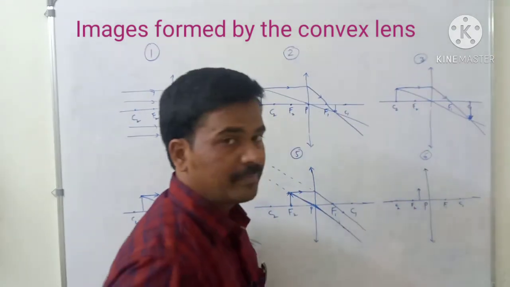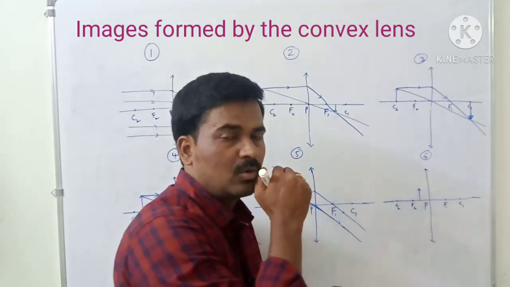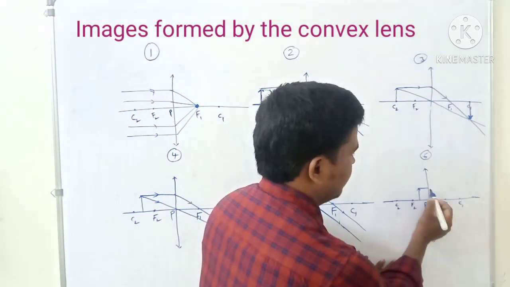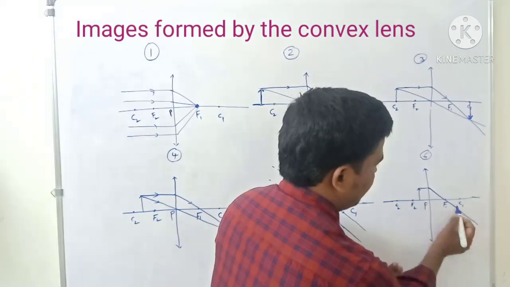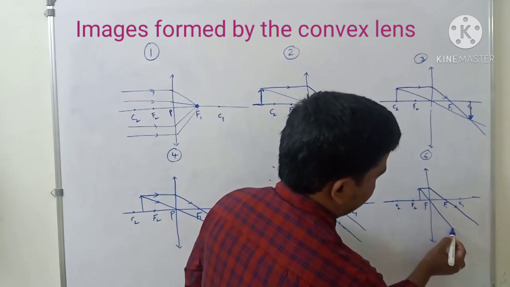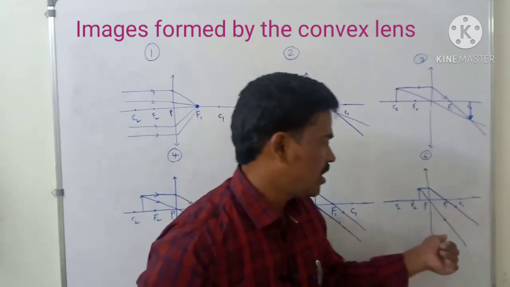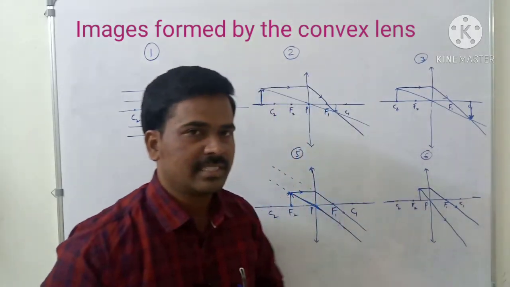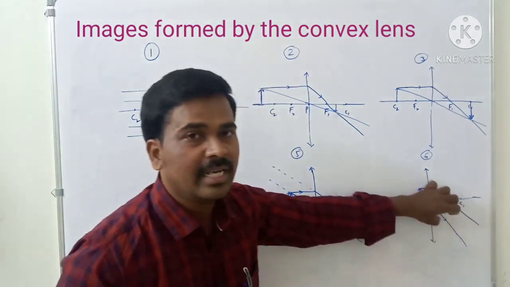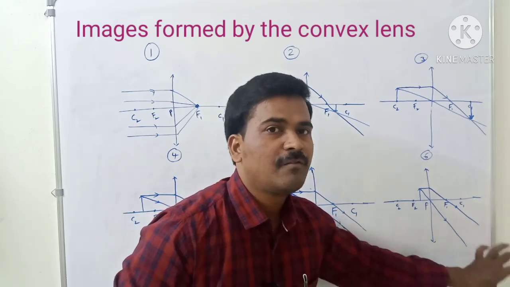What happens? We have to draw two rays: one parallel, and one going to the optic center. The parallel ray converges at F. The next goes through the optic center. Now you can imagine how they are going. Are they going to intersect anywhere? They are going like they are diverging. That means they are not going to intersect anywhere forward.